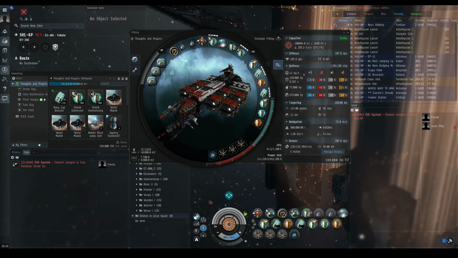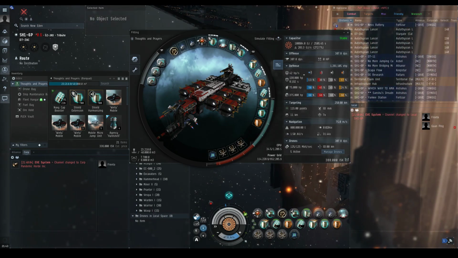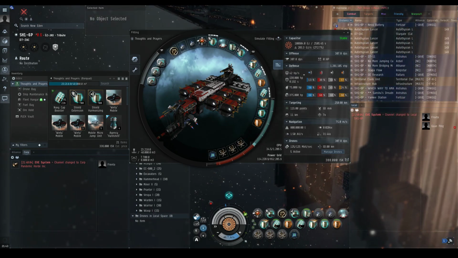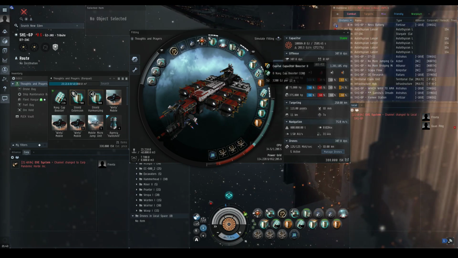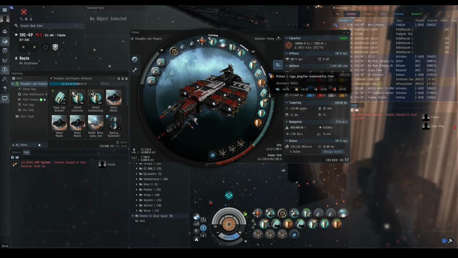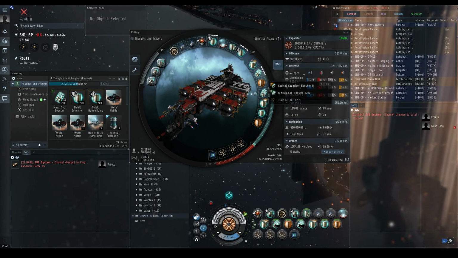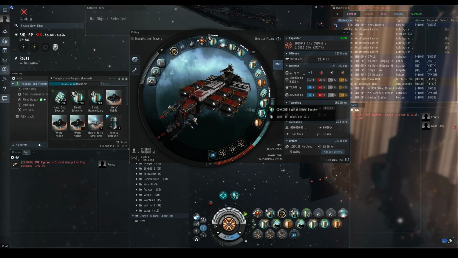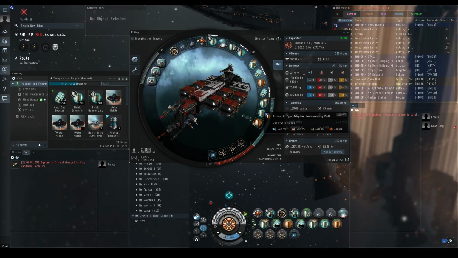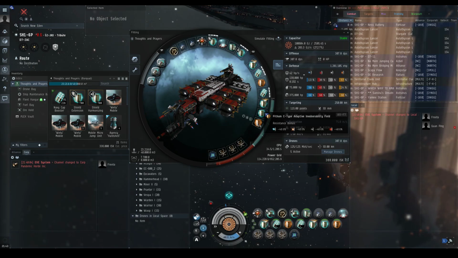It's very important that in the mids you have it set up to be exactly like this. You want 1 passive module, you want your capital booster 2, you want your passive module again, and then another capacitor booster, then another passive module, then the Concord Repper, and then another passive. Well, I mean, that's not passive, but